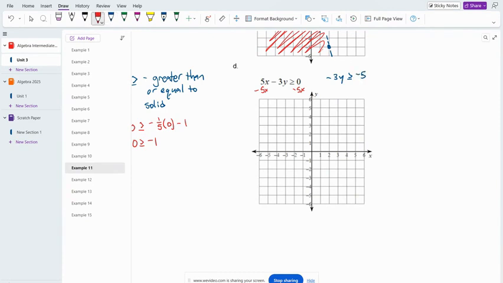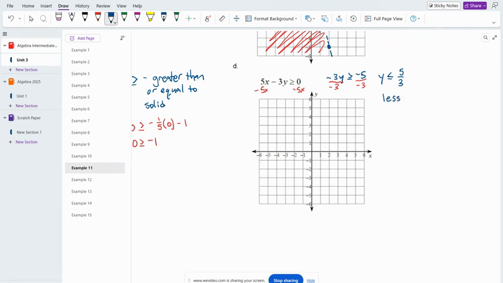We need to divide both sides by that -3. And anytime we multiply or divide by a negative number, we have to switch the inequality. The -5 over -3 cancels out those negatives, and we end up with y is less than or equal to